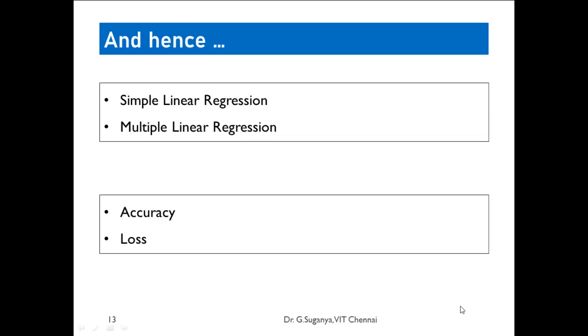There are two basic metrics. Actually, it's only one metric, but for explanation you can consider it to be two. One is the accuracy. Accuracy refers to how good your predicted value is when compared to your original value.